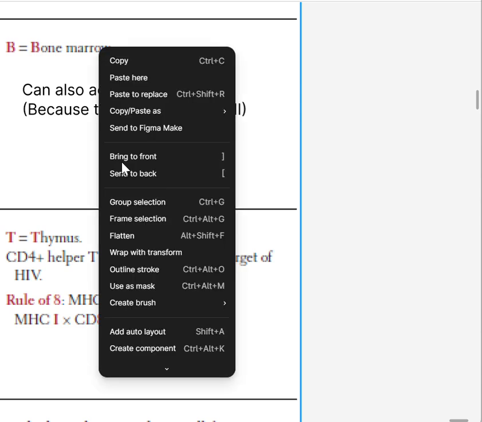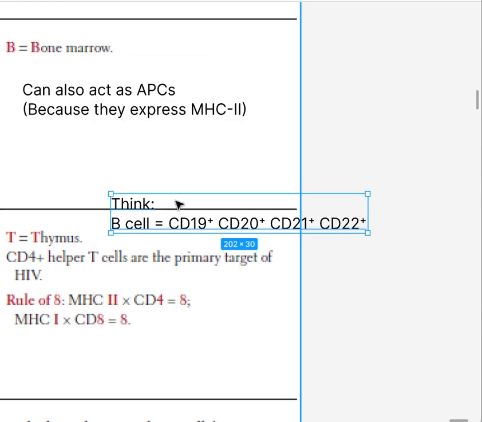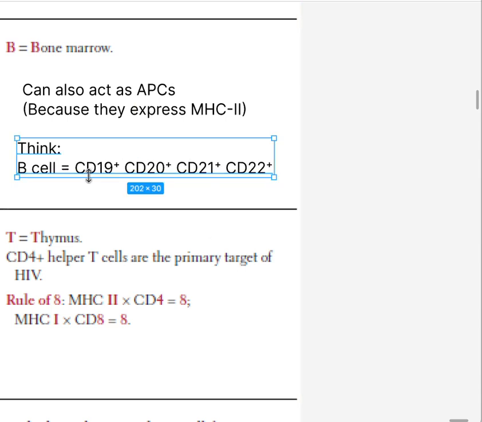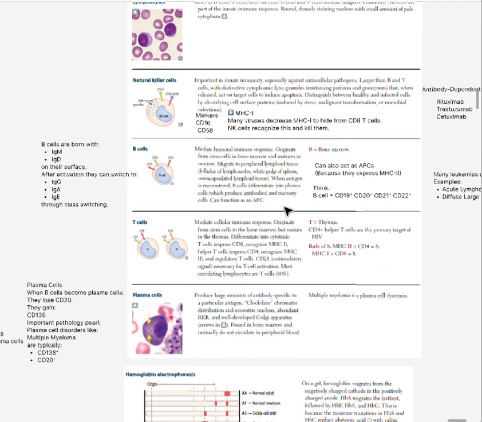Now, why is that important for us? We use these markers, right? Where do we use these markers? So CD19 is the universal B cell marker. They're found on almost all B cells. So in flow cytometry, if you want to count B cells, you look for CD19. In medicine, many leukemias and lymphomas express the CD19, like ALL and diffuse large B cell lymphoma. Okay, now move on to